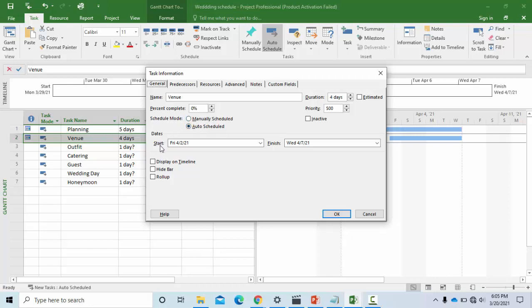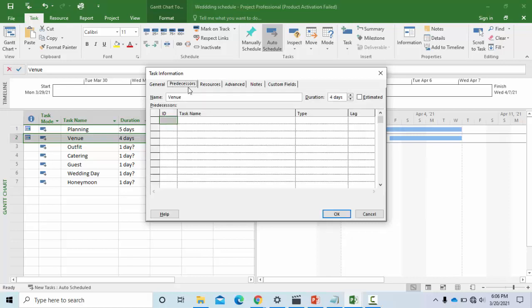Then you also have the start, the dates when you're starting and when you're finishing. And then you can click all of this. You can display on timeline, you can hide bar, and you can roll up. Then also you have predecessors. When you set predecessors, we'll look at what predecessors is and how to set predecessors in our coming